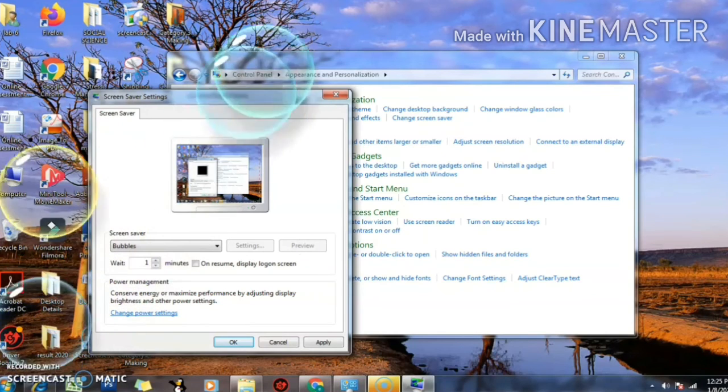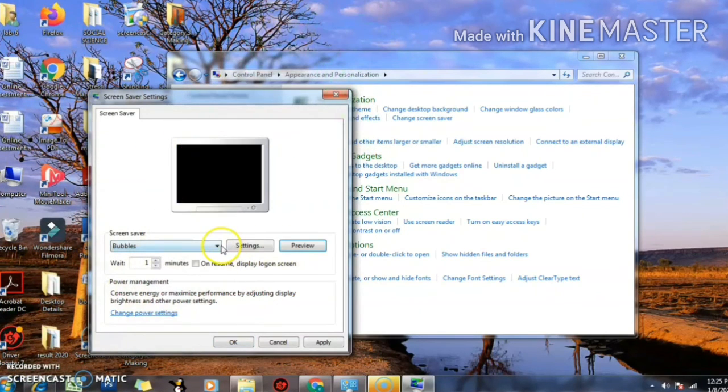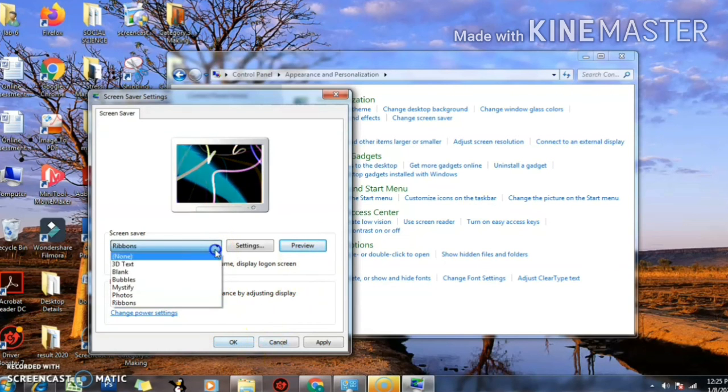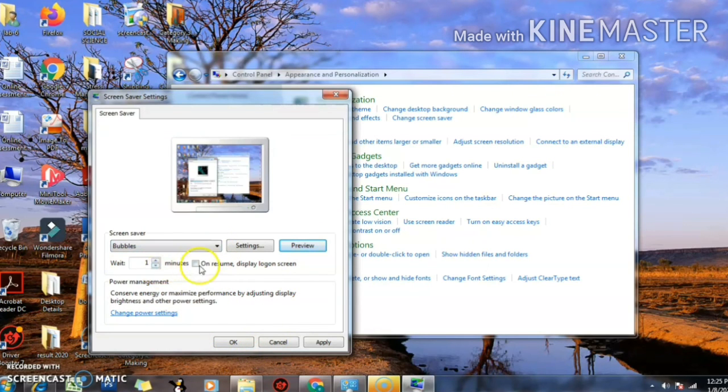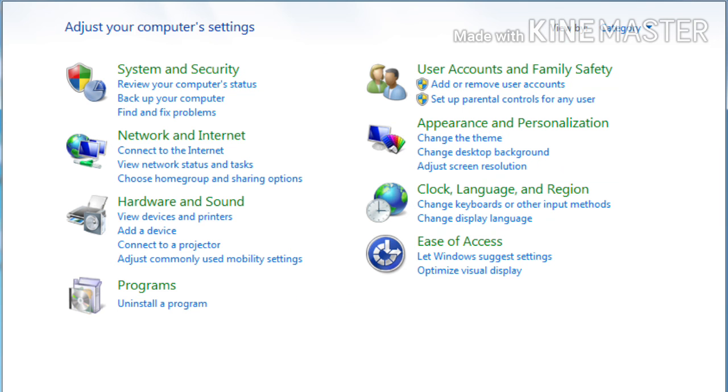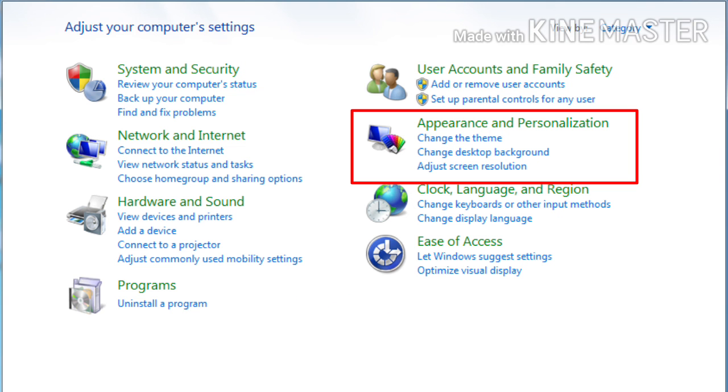By selecting different themes, you can see their previews. After selecting the theme, click on preview, and finally click on the OK button to change the screensaver. Children, so that's about the appearance and personalization category.